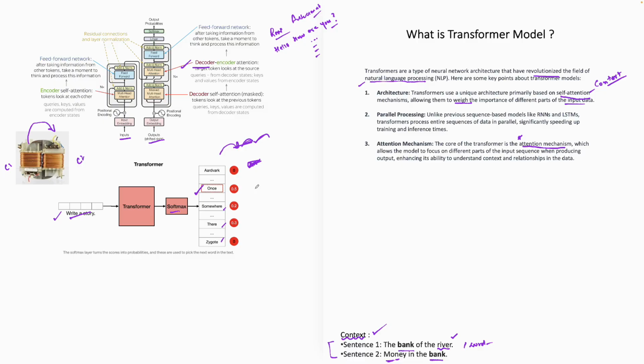So same way, it will look at the context. Oh, I have to write a story. Probably the best way would be "once upon a time." So it goes on like that, right? So very important: with a transformer, you have a layered mechanism, and you have to look at the encoder component and